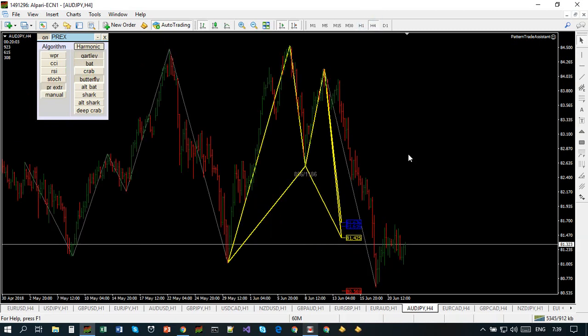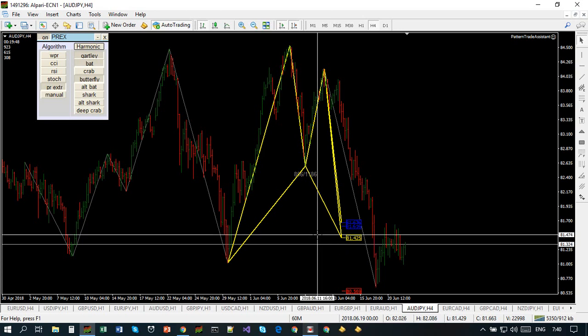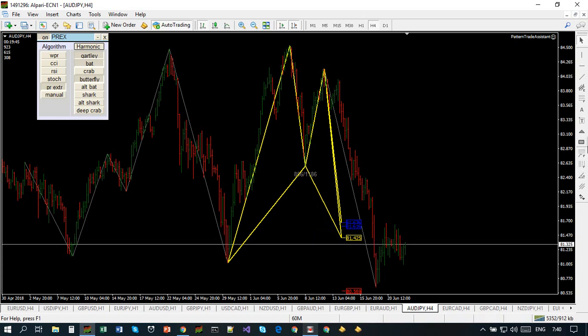4 hour. Let us see what happens on 4 hour. Large harmonic bat on Aussie 4 hour. Well, it is broken, the potential reversal zone. So I look at the price action here. The potential reversal zone was broken. If we consider this to be a support level, support zone,